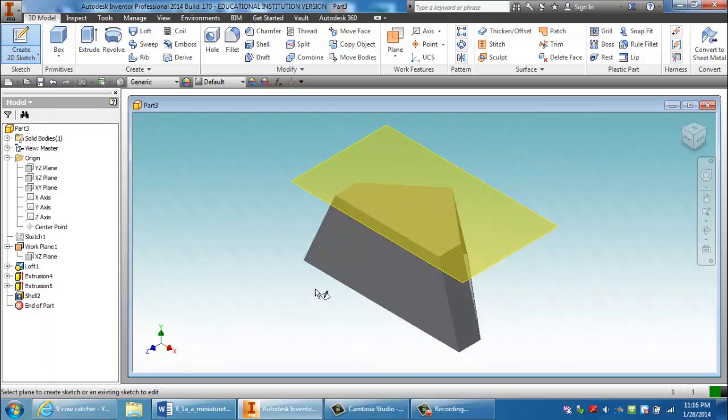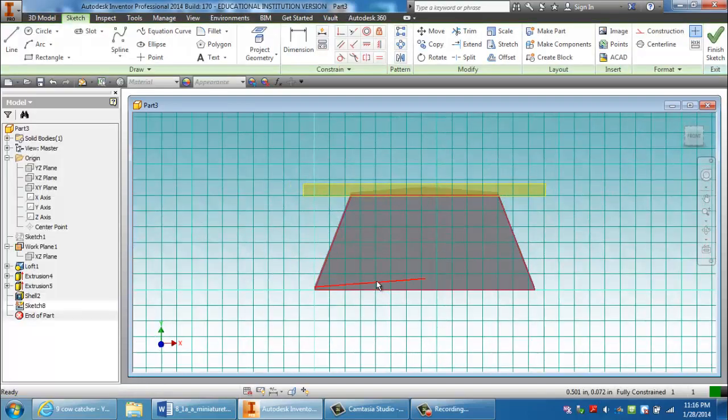Create a sketch on this side. We want 3 circles in here. This circle will be 0.125 in diameter. Another circle here.